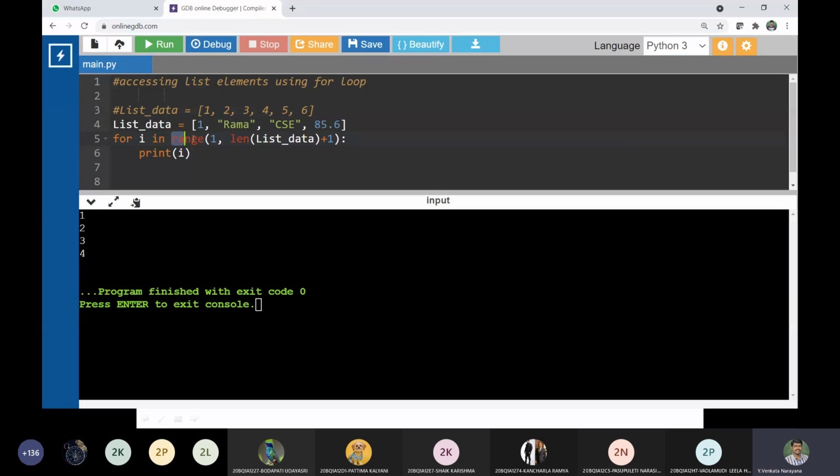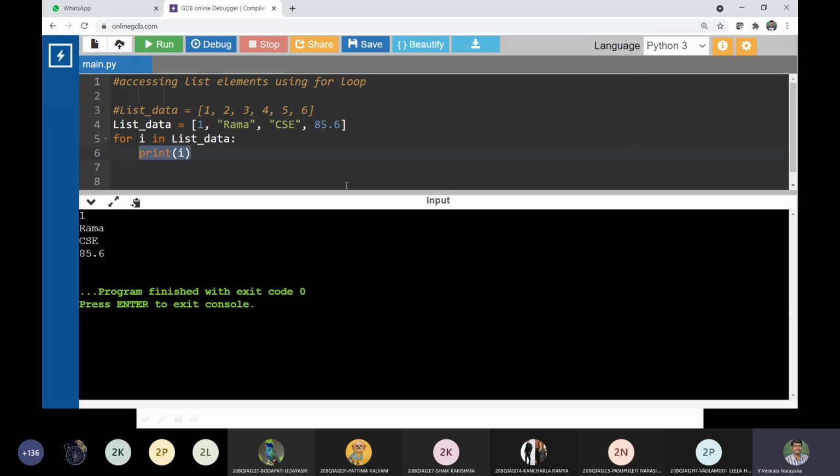For i in list data. Yes, because list data contains the items, right? And i is nothing but one of the items present in this particular data. That is what we are checking. So here the loop will take one of the list items from the list data and store it in i.